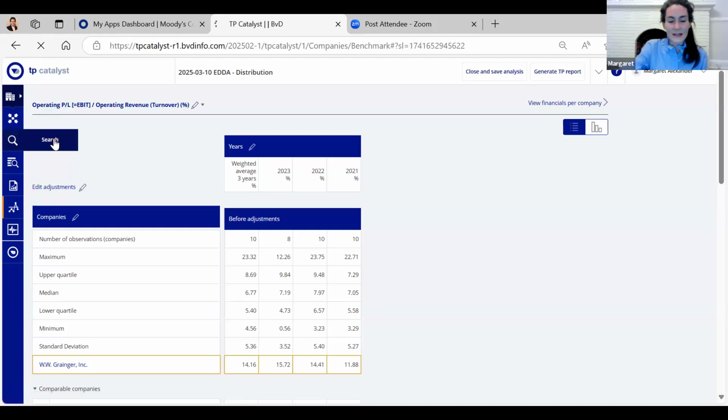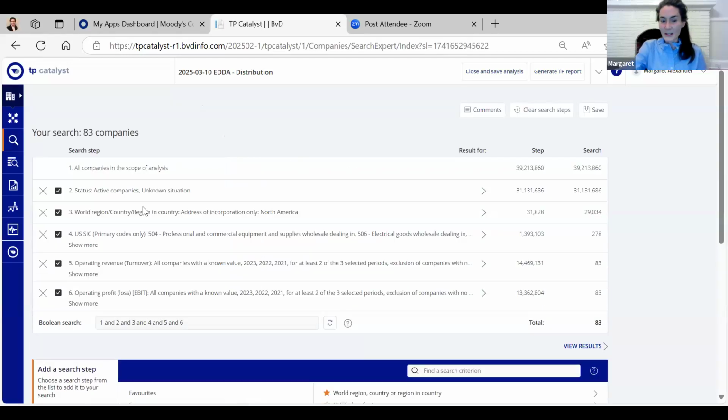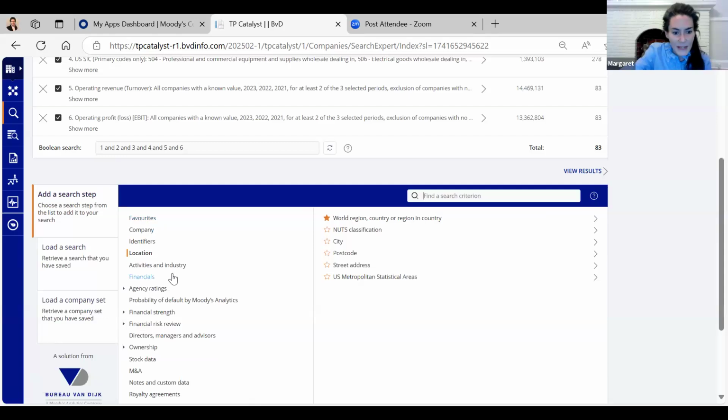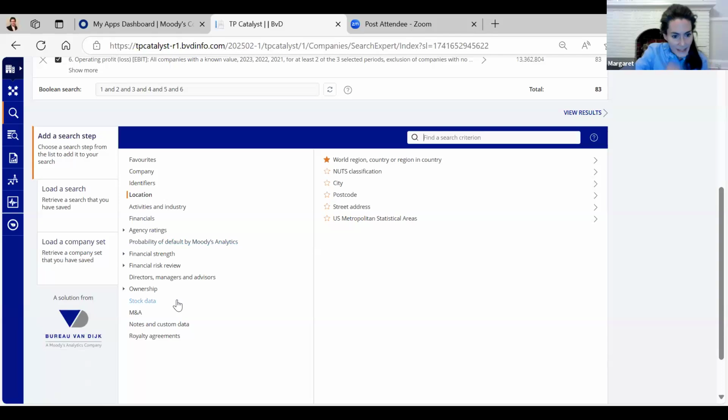Absolutely. So in the search, it's going to be a little bit different. In the OECD guidelines, that threshold is 25%, whereas I think in Brazil, you need to start with the 20%, and then if you have 4 comparables or less at that point, then you can move to 25%. So here I would pick, if we're following Brazil regulations, I would pick